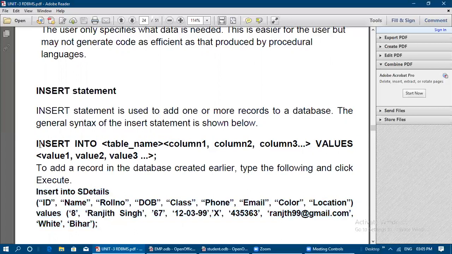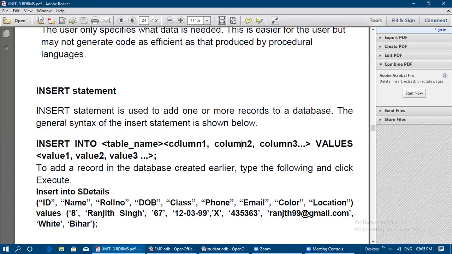So this is the general format only. Column 1 comma column 2 comma column 3, etc. You can give n number of columns, which is defined in the beginning itself. Rows we cannot define. How many rows or records we will insert, we cannot determine or estimate earlier. But what we can define earlier is how many columns we use in the table, which we define while creating the table itself.